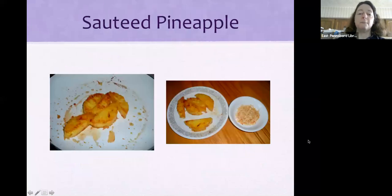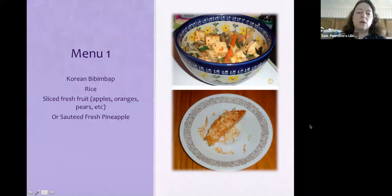And you could do that with the enchiladas or the bibimbap or with something else that you want to eat. So this is what it looked like in the pan and when it first came out of the pan before I put some toasted coconut on to try it. So I have 2 recommended menus, but you can play around and find other things. You could do Korean bibimbap, which is served with rice. And then one possibility is if you don't feel like even doing a full dessert, when I would eat dinners hosted by my Korean friends,